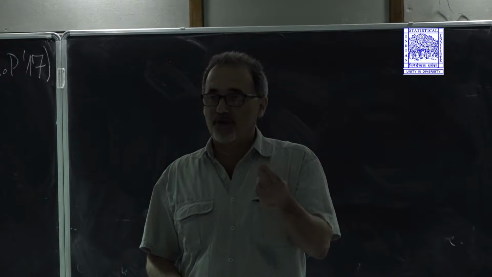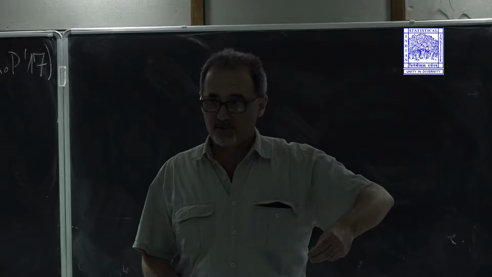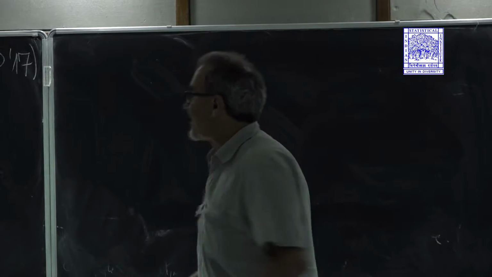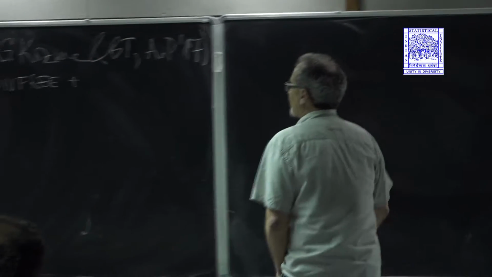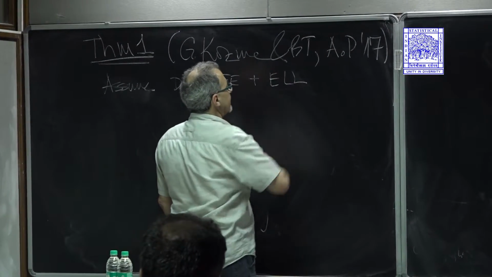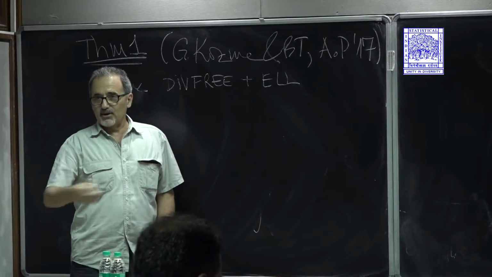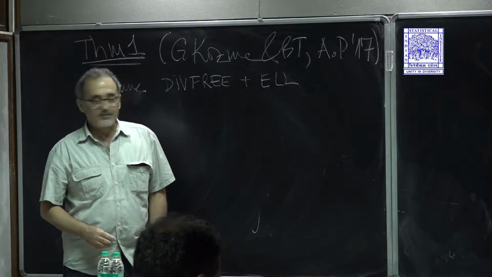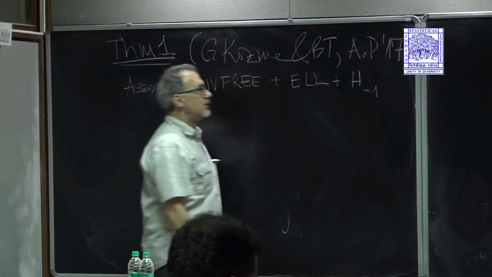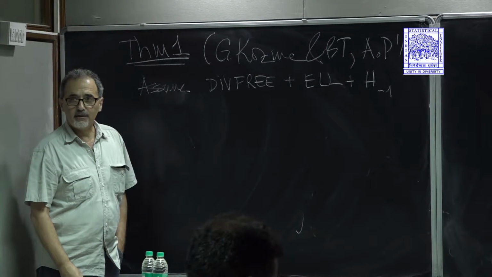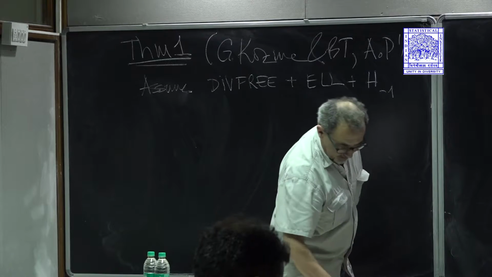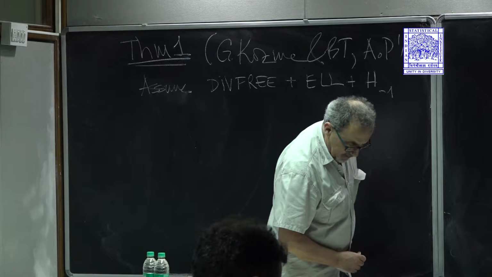So actually the H minus 1 includes the no drift. No drift follows from H minus 1. So I don't say explicitly, no drift follows from H minus 1. So ellipticity, I write here ellipticity because for the symmetric part there was ellipticity. Plus H minus 1, right? Then it is true that